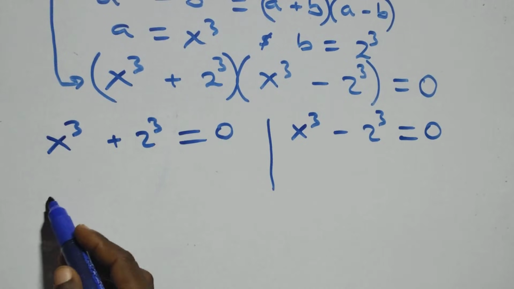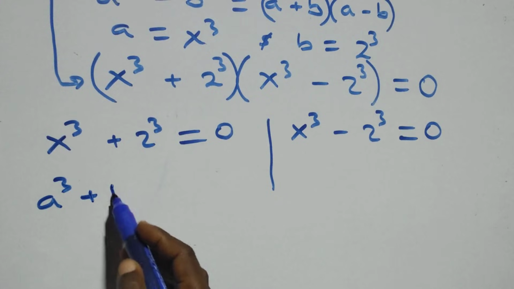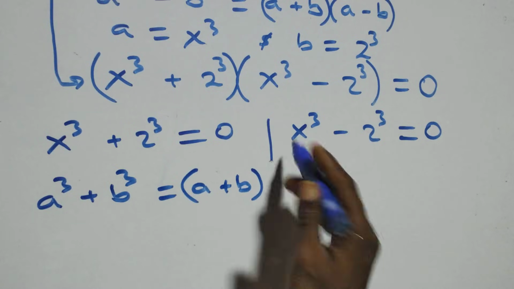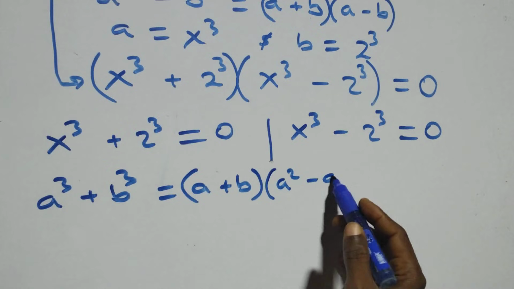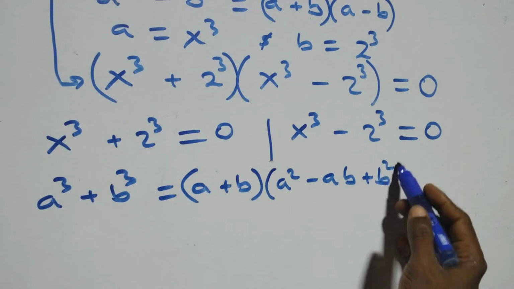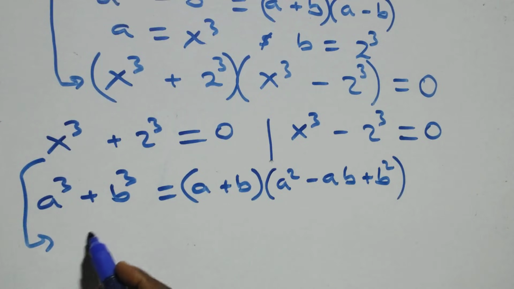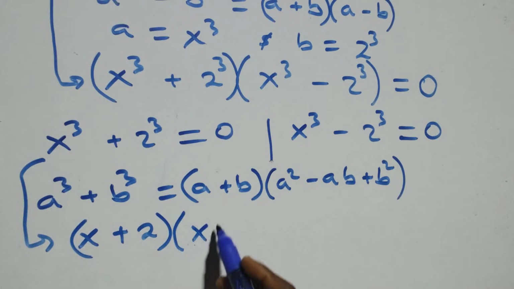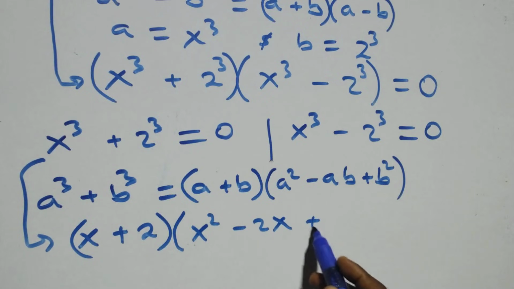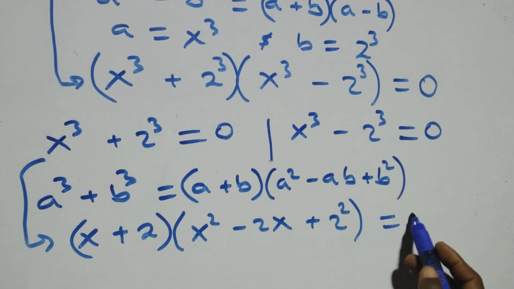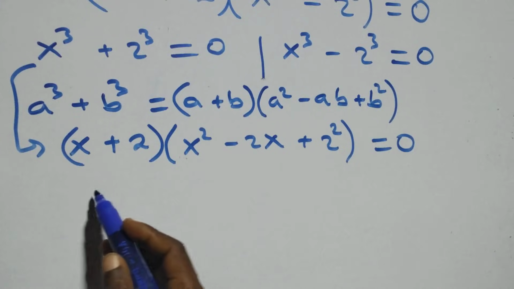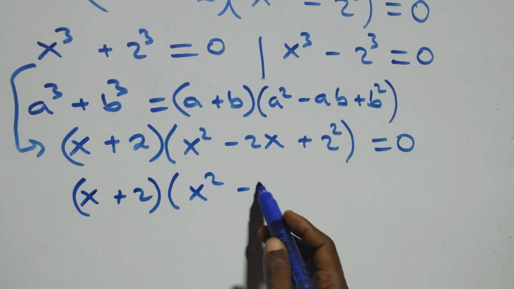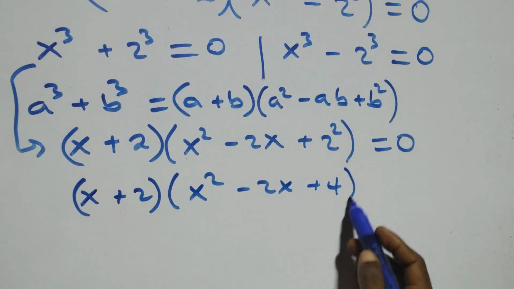Then solving on this side, this follows when we have a raised to power 3 plus b raised to power 3, which can be written as a plus b in brackets, then open bracket a square minus ab plus b square. This here, what we have becomes x plus 2 in brackets, open bracket x square minus 2x plus 2 square close bracket equals 0 here. This here we have x plus 2 in brackets, open bracket x square minus 2x plus 4 close bracket